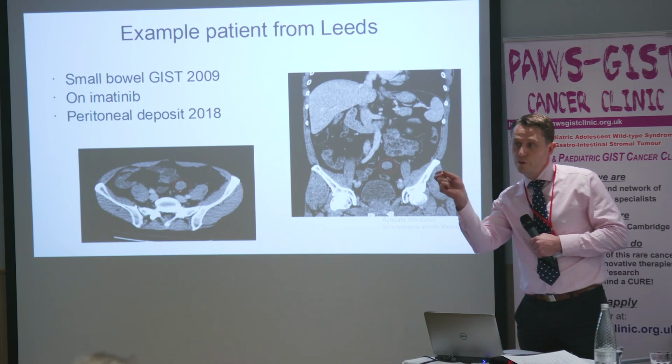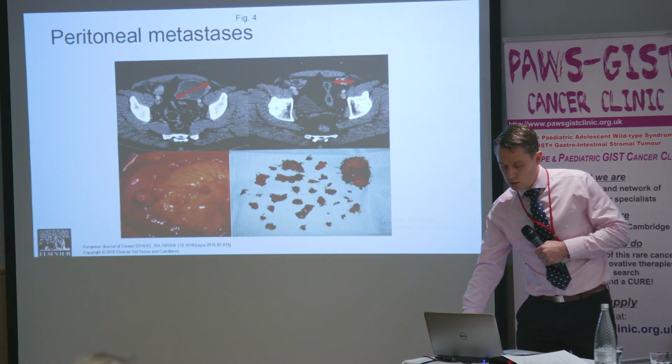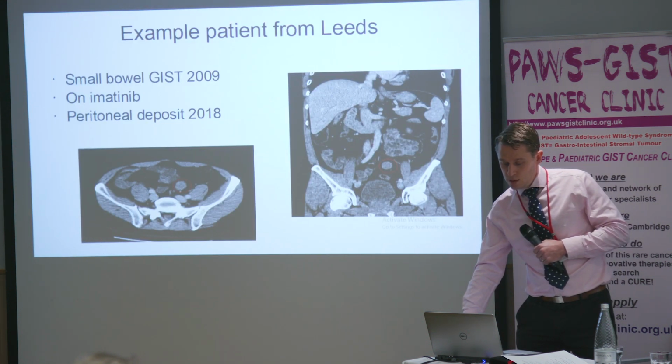Seem to have lost a slide. Can I just ask, was it just metastases? Yes. So we sent it off to have a look at under the microscope, and yes, it was. I did have another patient. I don't know where that's gone. So